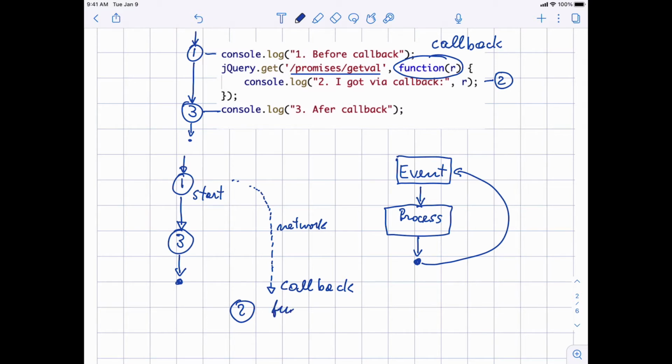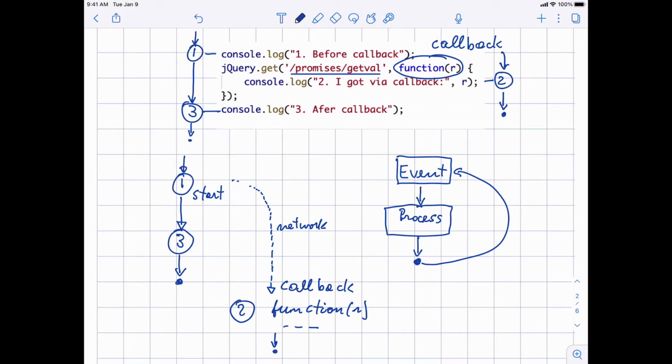This is a function R, and so the output will be produced. The second log will happen, after which you stop. Okay, so this is how things happen in JavaScript. And so the real difficulty of JavaScript for beginners, and even sometimes not for beginners, is that in JavaScript, reading the code from top to bottom does not tell you the temporal order in which things happen.